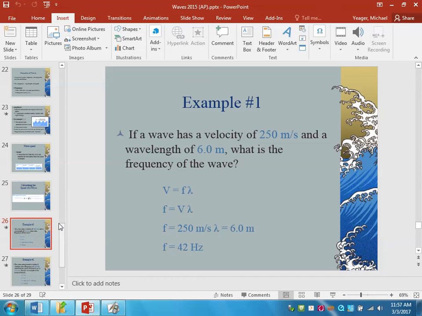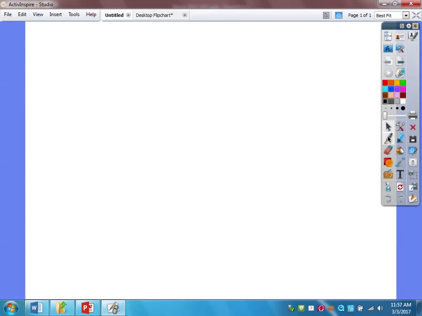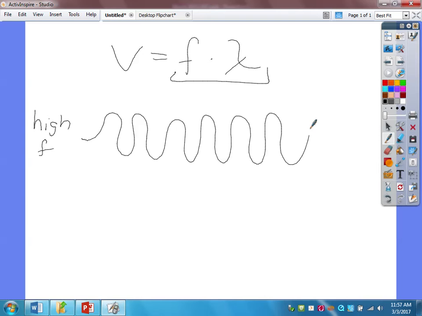And that is basically it. I'll talk about one other quick thing, just so we notice this. Going back to this formula, velocity equals frequency times wavelength. One thing we like to do quite a bit is understand the relationship between frequency and wavelength. So if I draw it out, I want to draw a high frequency wave. That would be a wave that obviously has a lot of waves occurring over a period of time. Let's say this is 1 second. So how many waves pass in 1 second? I'd have to count it out.